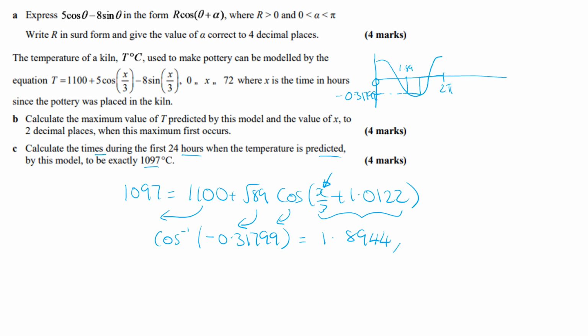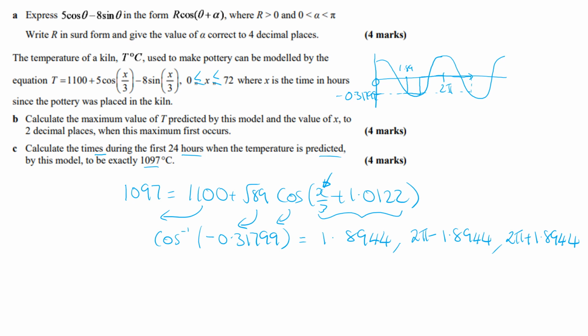So you need to do 2 pi minus the 1.8944. Now we're going to be timesing by 3, so just in case within this time period of 0 to 72 hours there is another one, we'll have to go around another period and go 2 pi plus, because that will also give us a cos of minus 0.31799. So if you do 2 pi plus that 1.8944,